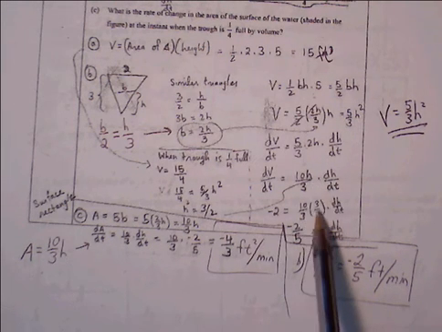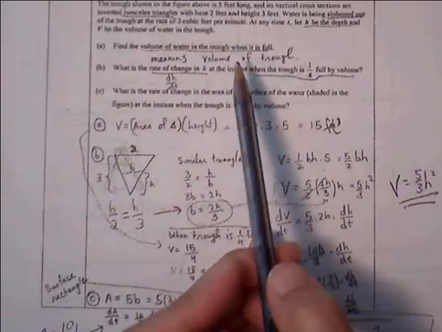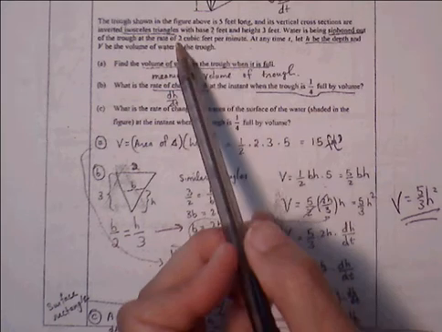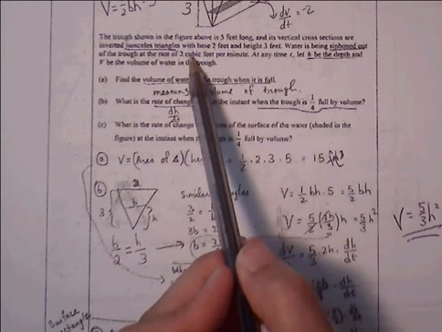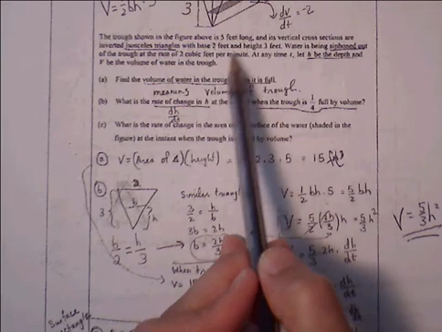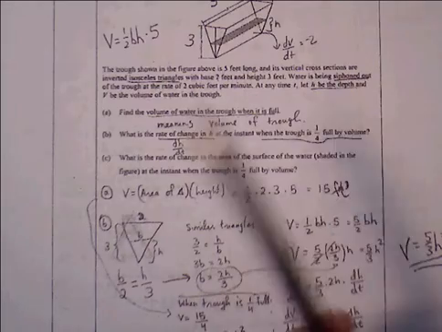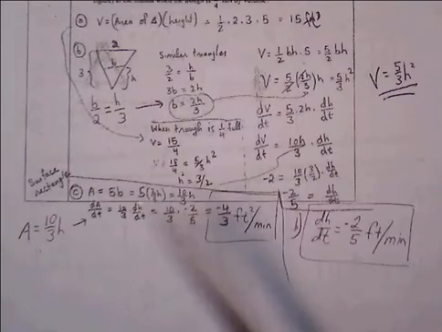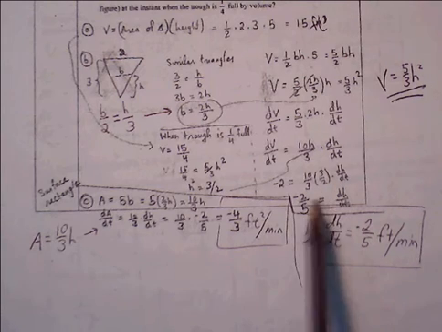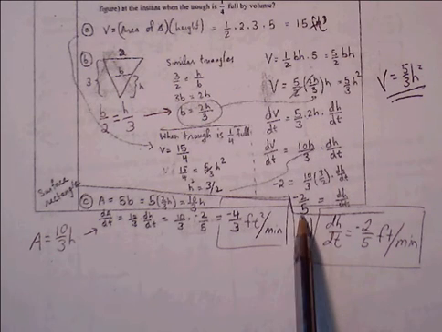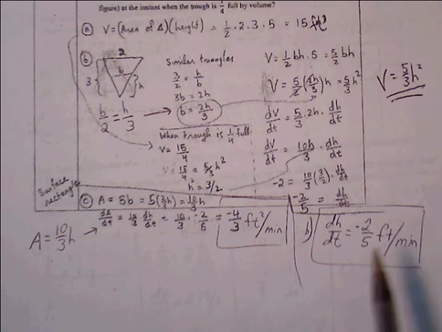So 10/3 times 3/2. We know dV/dt from part A, which is from the original problem, which tells us that water is being siphoned out at a rate of 2 cubic feet per minute. So we know the rate of change of the volume is decreasing at a rate of -2 cubic feet per minute. So -2 replaces dV/dt, and then from here we can solve for dh/dt, which will allow us to get down to -2/5. So we know dh/dt, the rate of change of the height of the water, is